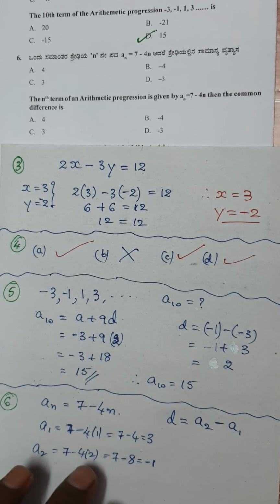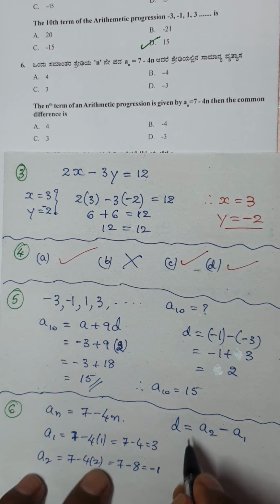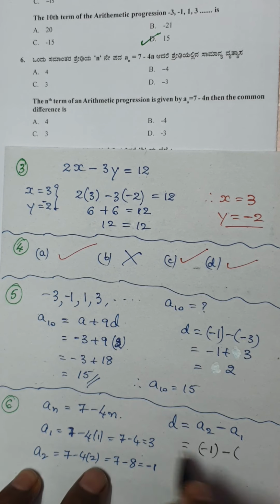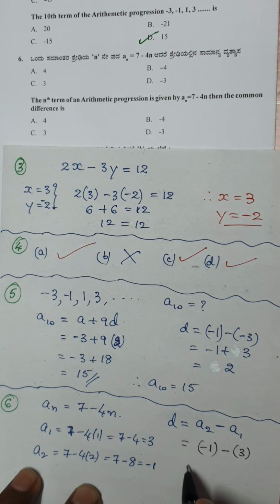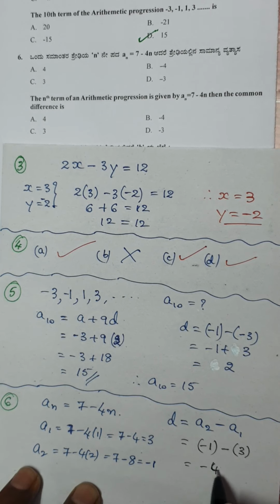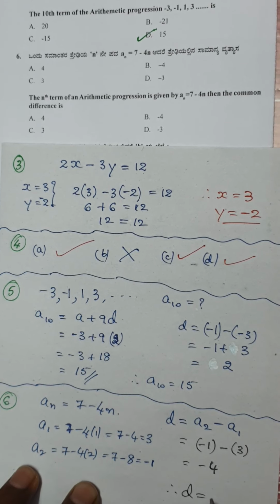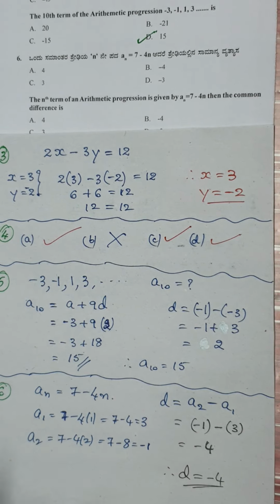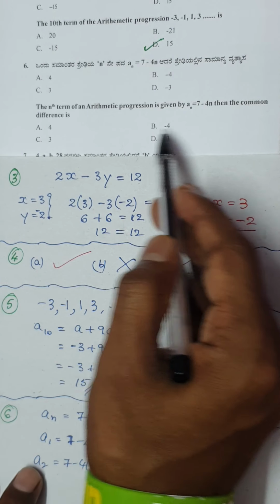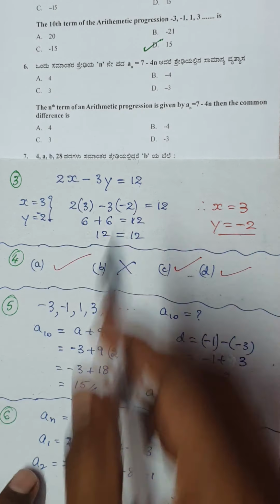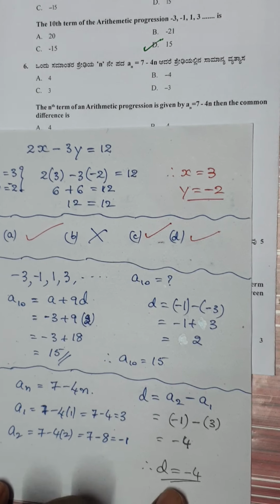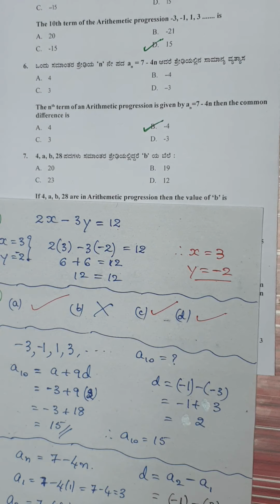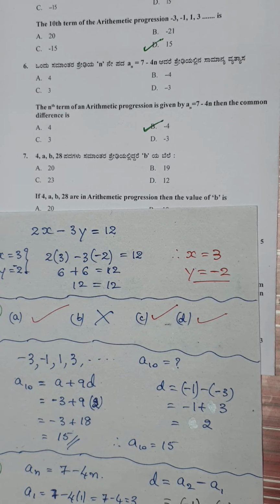Okay, so let's be careful. Now the d value would be given by a2. The a2 value is, whenever you have a negative sign, use a bracket, minus the a1 value. The a1 value is 3. So this is nothing but minus 1 minus 3, that is nothing but minus 4. Therefore, the common difference will be minus 4. So check for your option. You have 4 options there. Option A is 4, option B is minus 4, option C is 3, option D is minus 3. My right answer was d equal to minus 4, which you can find in option B. So the right answer is option B.